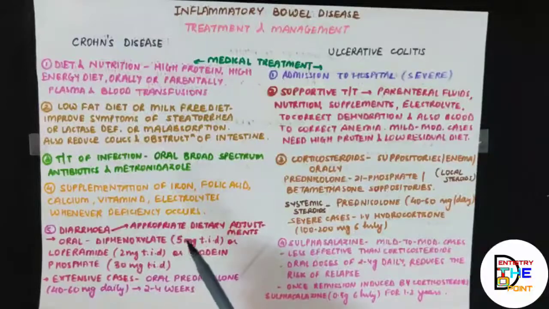Also, corticosteroids, as you know, are a class of anti-inflammatory drugs. They are used to improve diarrhea and to induce remissions. In extensive active disease, oral prednisolone, 40 to 60 mg daily, may be given for 2 to 4 weeks to produce remissions, that is, to improve the signs and symptoms, and then it is gradually withdrawn over a period of 4 to 6 weeks so as to prevent early relapses. So this is going to be the regimen of all things.